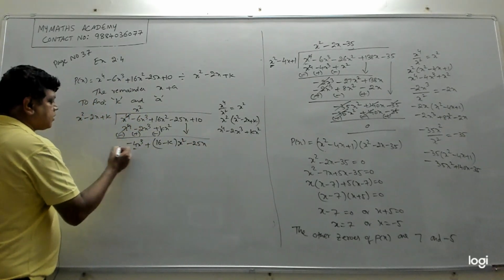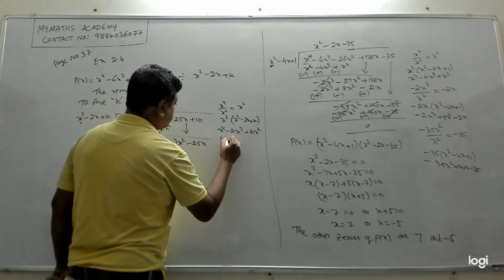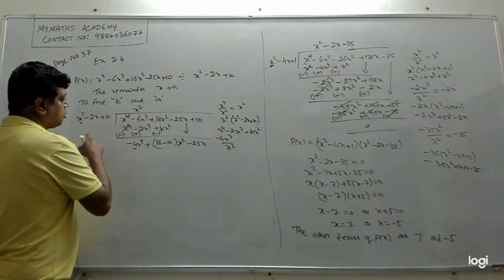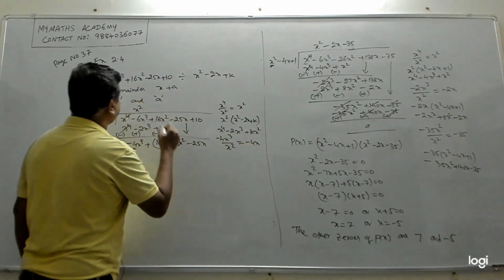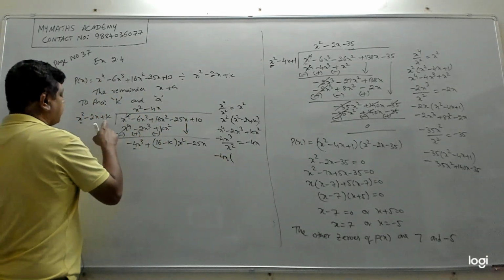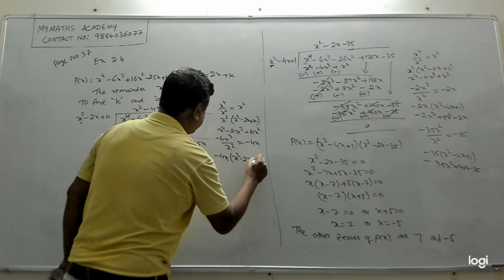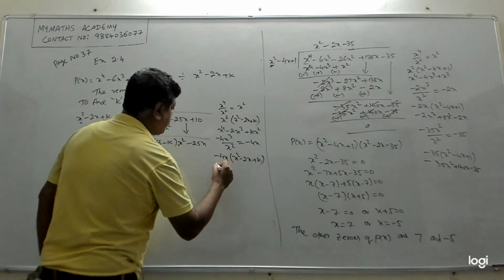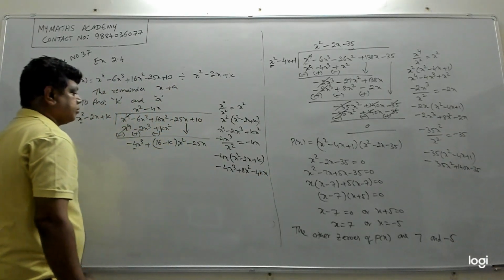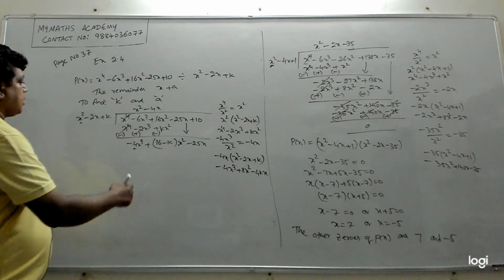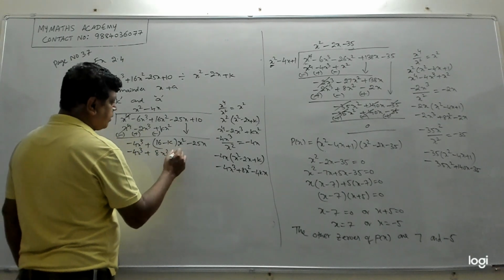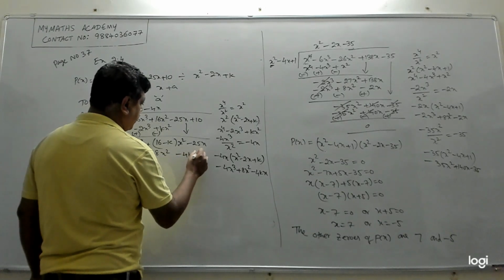So again take the first term. Minus 4x cube by x square. You have to take it along with the sign. Minus 4x cube by x square gives you minus 4x. Then minus 4x is multiplied with this one: x square minus 2x plus k. So what does that give you? Minus 4x cube plus 8x square minus 4kx. So substitute that here. So what do we get? We'll get minus 4x cube plus 8x square minus 4kx.